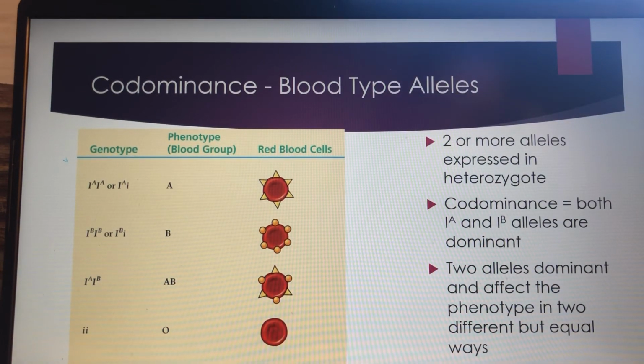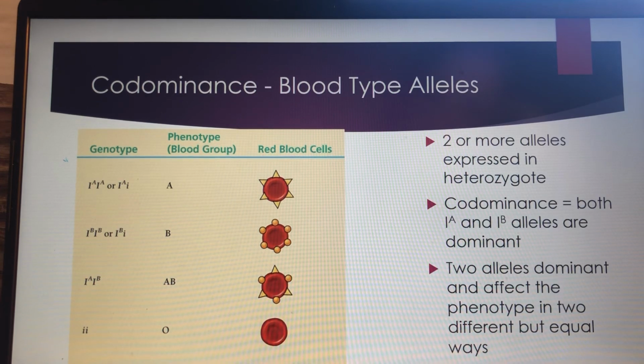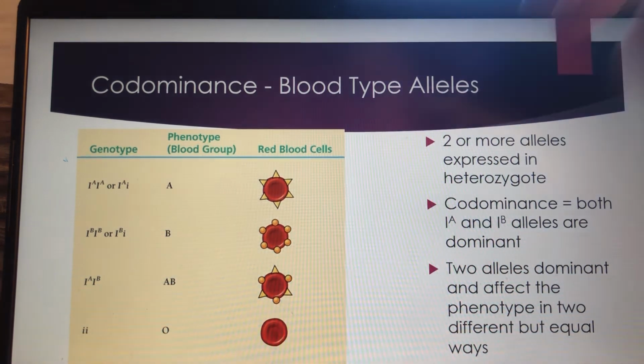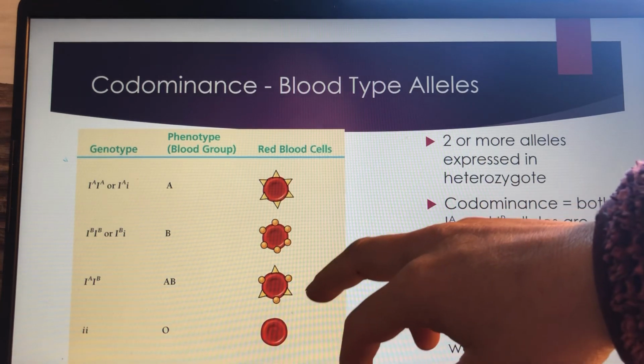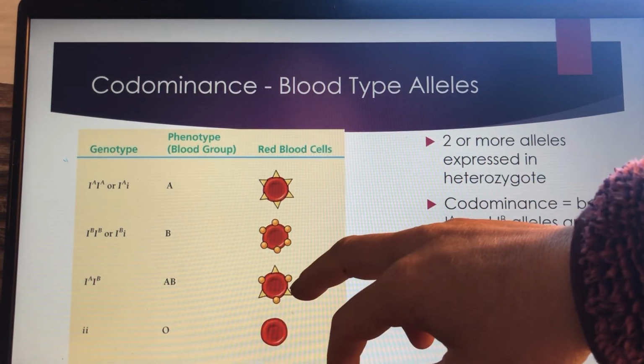Now, here's the cool thing. If you're type AB, then guess what? You can only have type AB because if you look here,